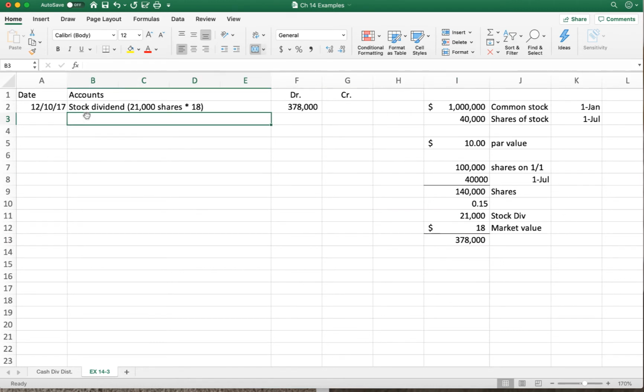Okay? Step 2 says, the second part of the journal entry says we got to identify the credits. Now, I hope that you went back, looked through your notes, and you saw that we have to credit common stock dividends distributable. That's kind of our liability. We got to pay these out. And then chances are, since we're using the market value, guess what? There's going to be a credit to paid in capital in excess of par common stock. Okay? So, first thing I'm going to do is I'm going to credit my liability here of common stock dividend distributable